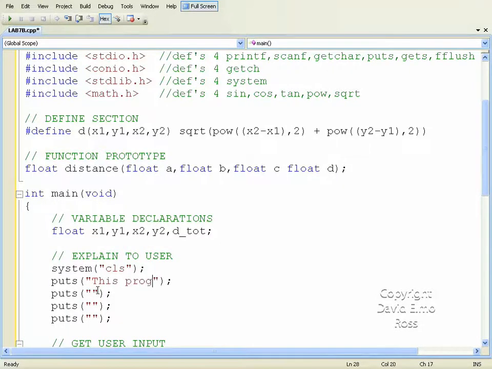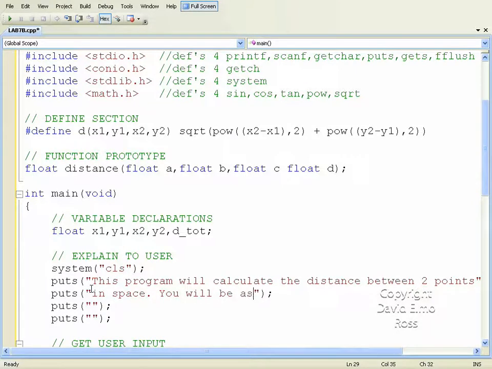This program will calculate distance between 2 points in space. You will be asked for bracket x1, y1, bracket x2, y2,